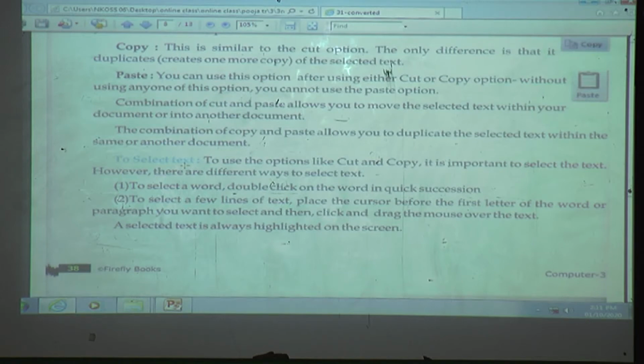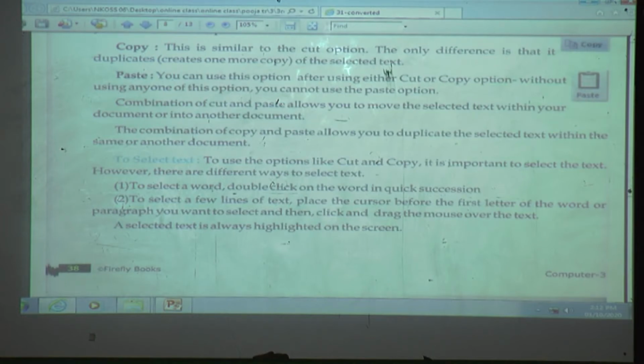To use options like cut and copy, it is important to select the text. However, there are different ways to select the text. Now we will see how to select the text.